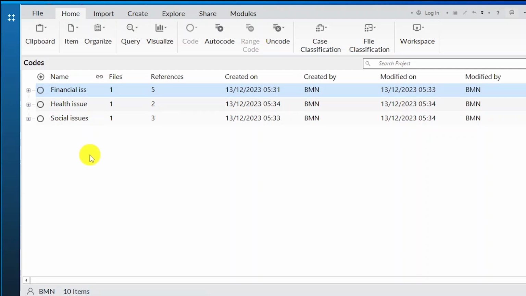Again, we press Ctrl S to save this. Always remember to keep saving your project so that you don't lose your progress. So health issues, social issues, and financial issues. Now, that's how you develop themes in NVivo. Remember